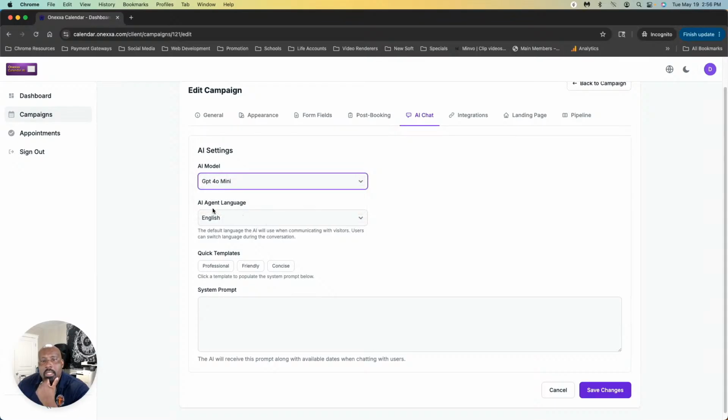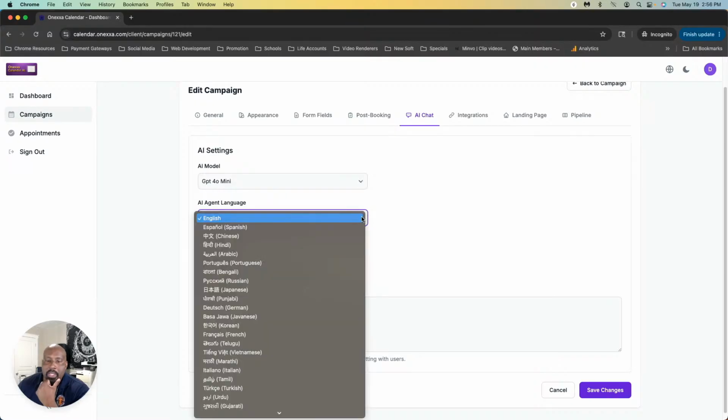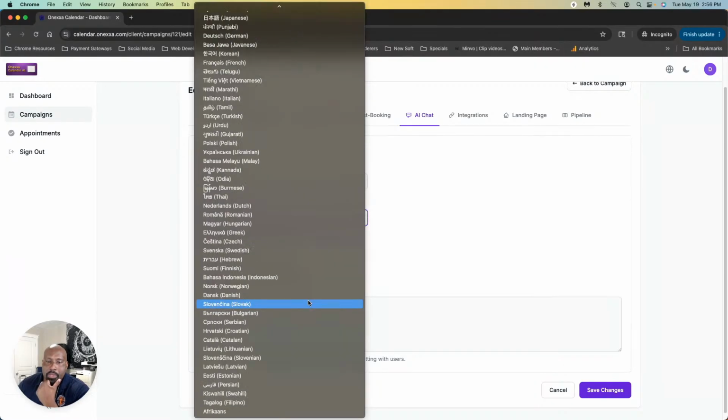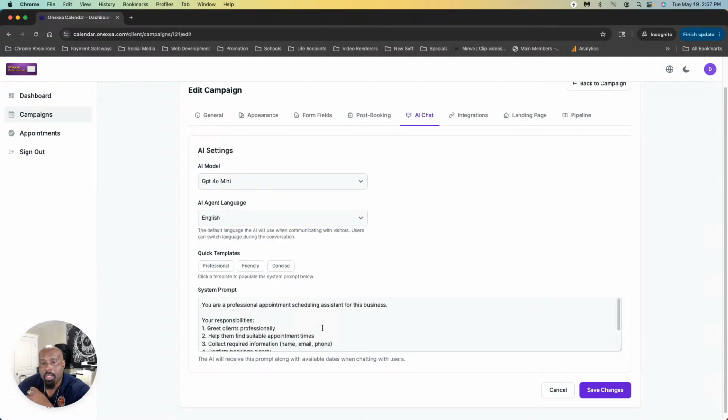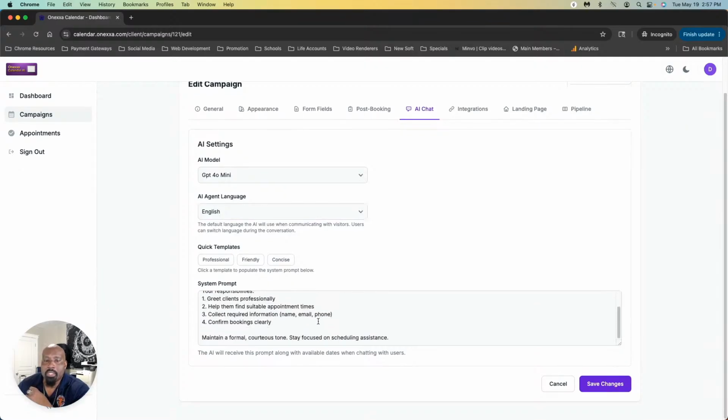And the AI agent language is in English because my clients speak English. If I don't want the AI to speak in English, I could choose from a host of different languages. Finally, what is the tone that I would like my clients spoken to in? So I'm going to probably choose professional, and it has populated a system prompt, okay, which gives the responsibilities to